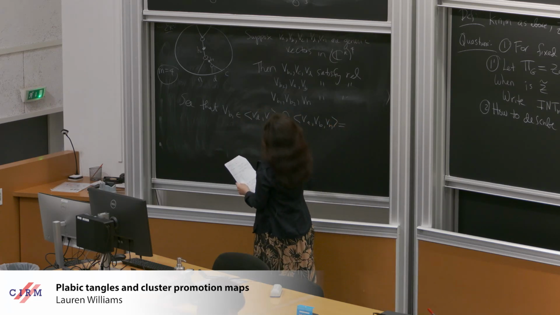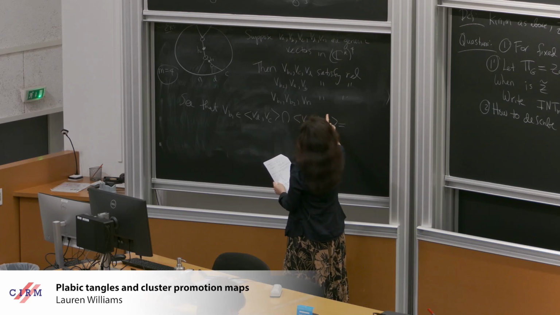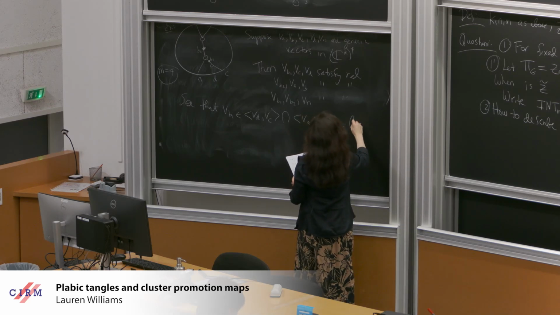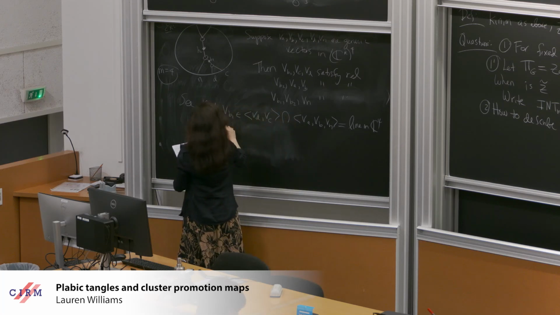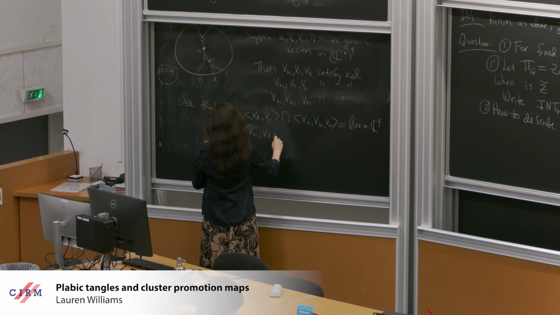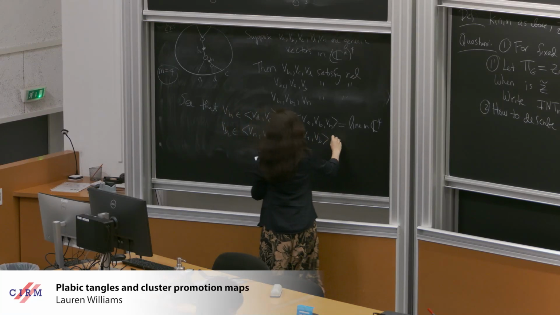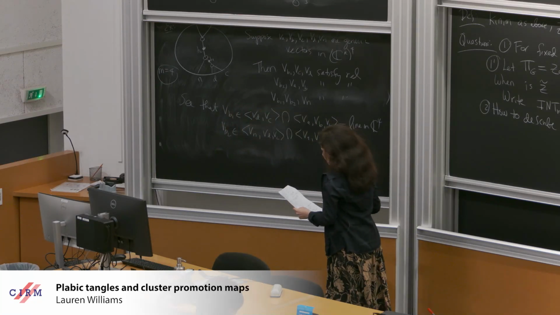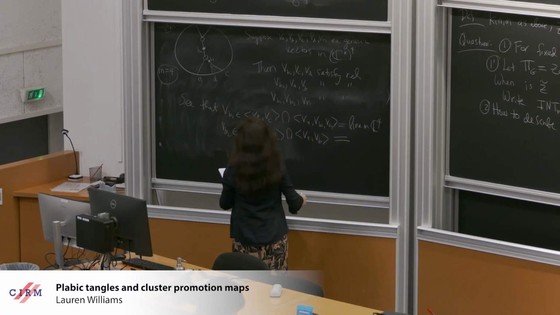And because this is a 2-plane in C4, and this is a 3-plane in C4, this intersection is a line in C4. And similarly, VB2 is in the span of Vn, Vd, Vc, intersect VA, VB. And for the same reason, this is also a line in C4. And so we can choose,